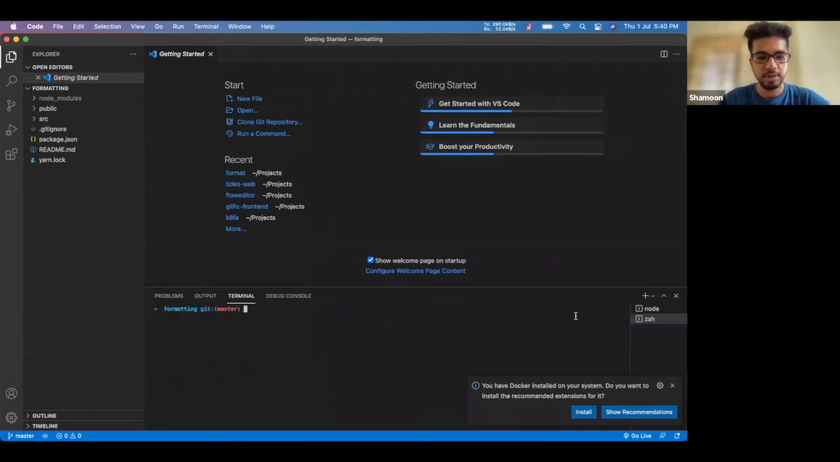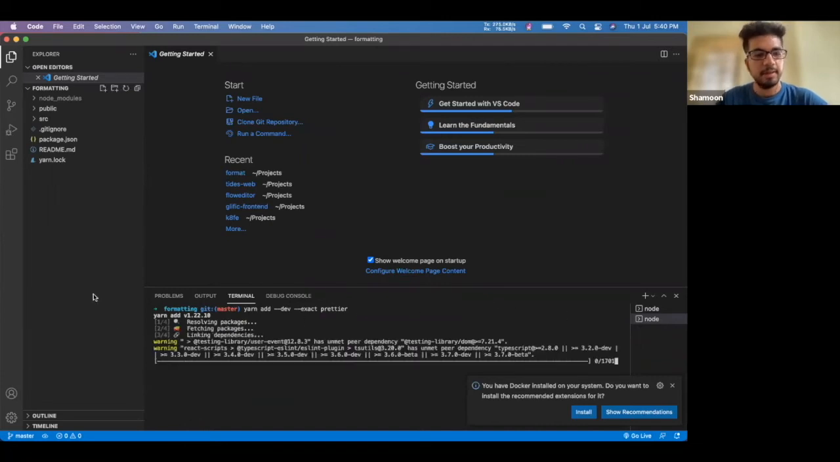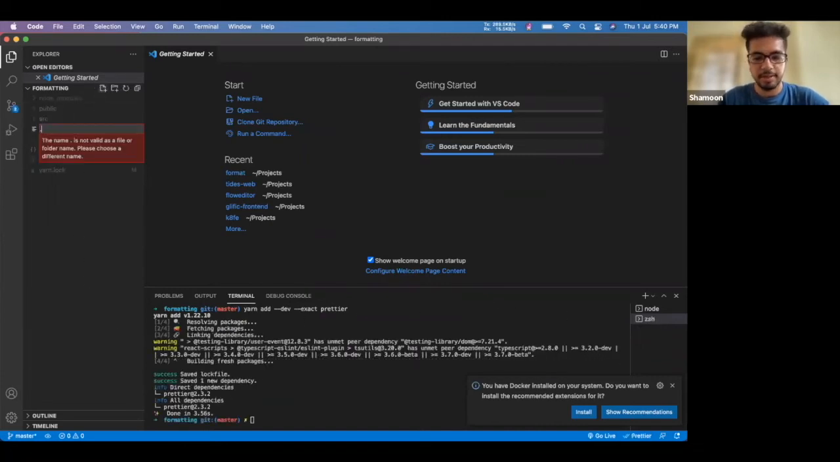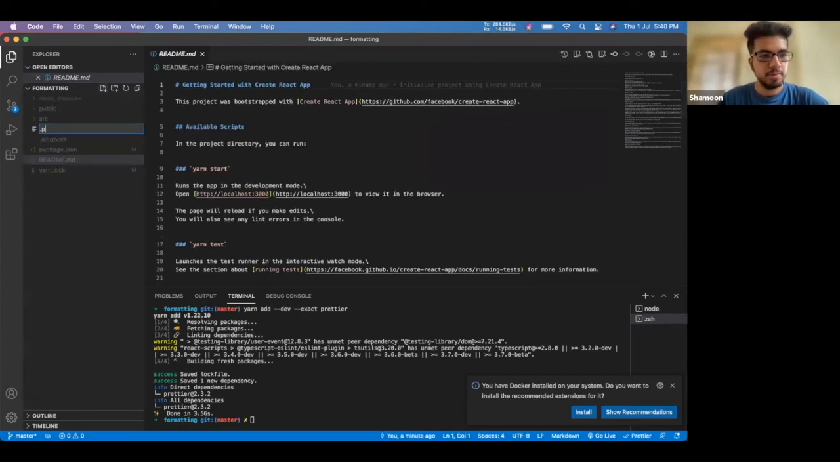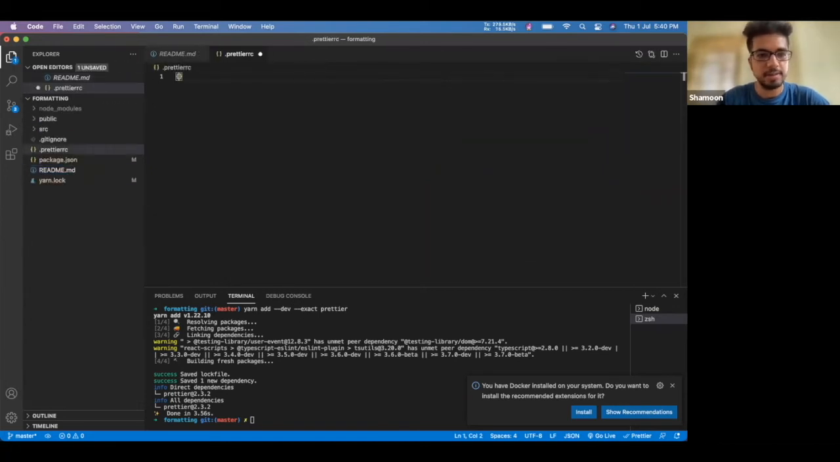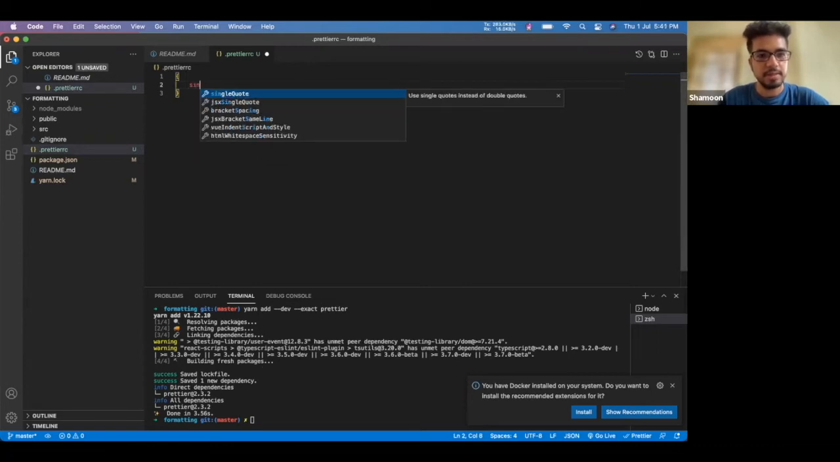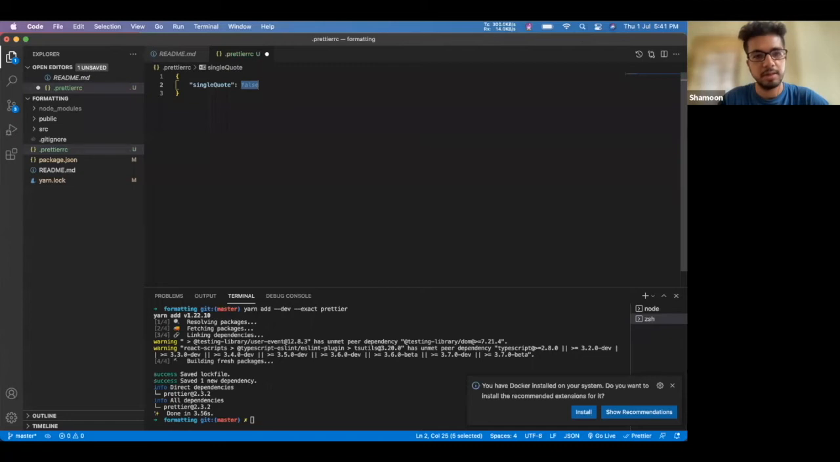So now what we'll do, for global formatting and styling, is install a package called Prettier that I've already mentioned. So I'll just yarn add exact Prettier, and I'll add the Prettier configuration file here. It should ideally be named .prettierrc, and as you can see, this is the file. Here we can give the configurations of Prettier, like what we need to write. So I'll just say single quote should be true,